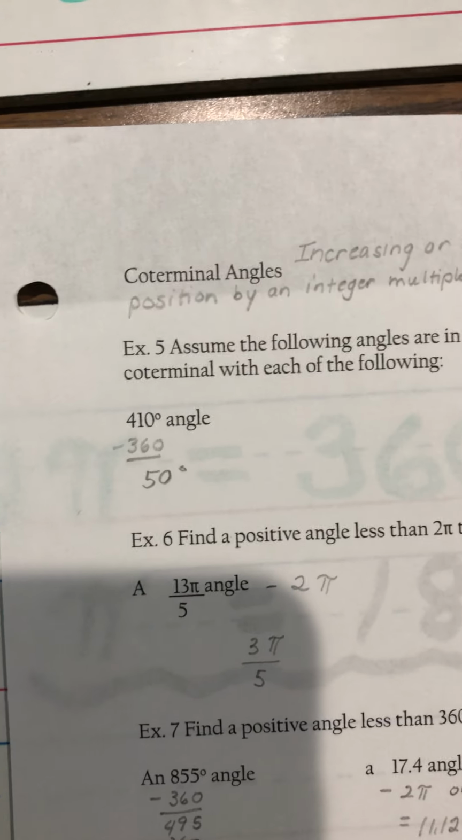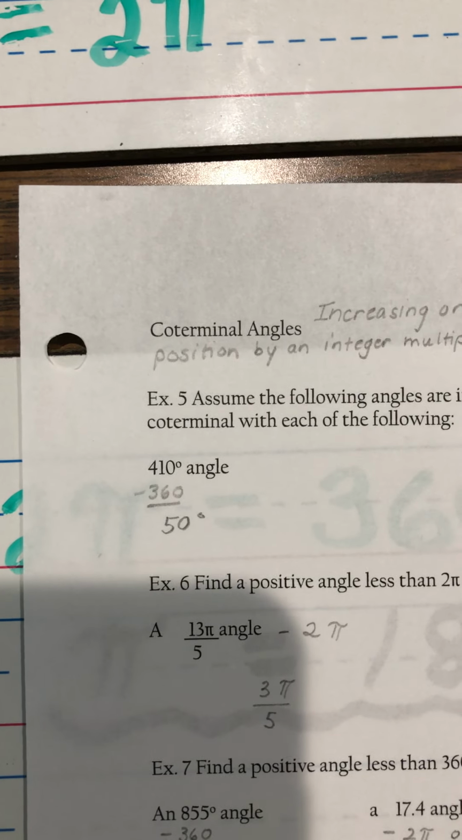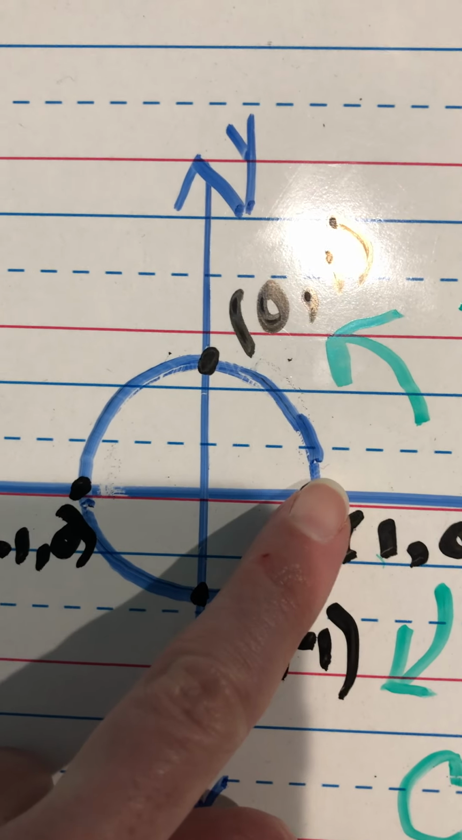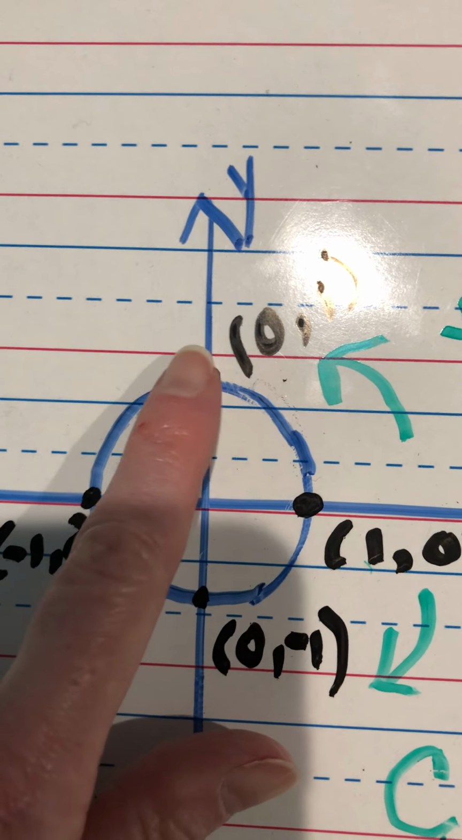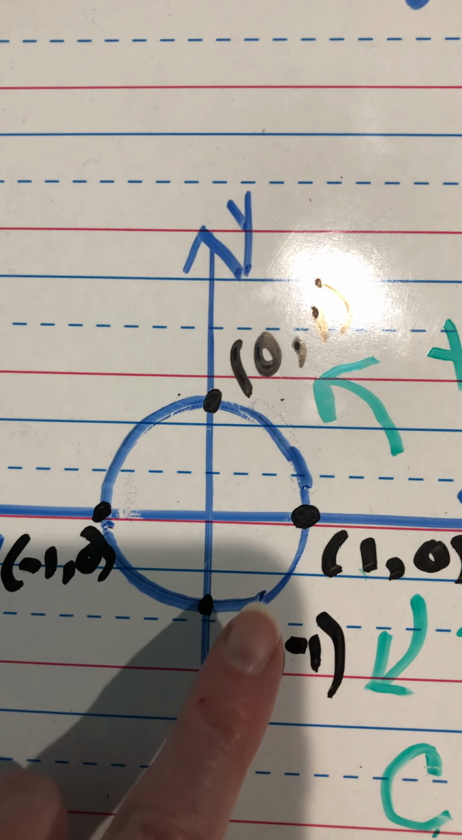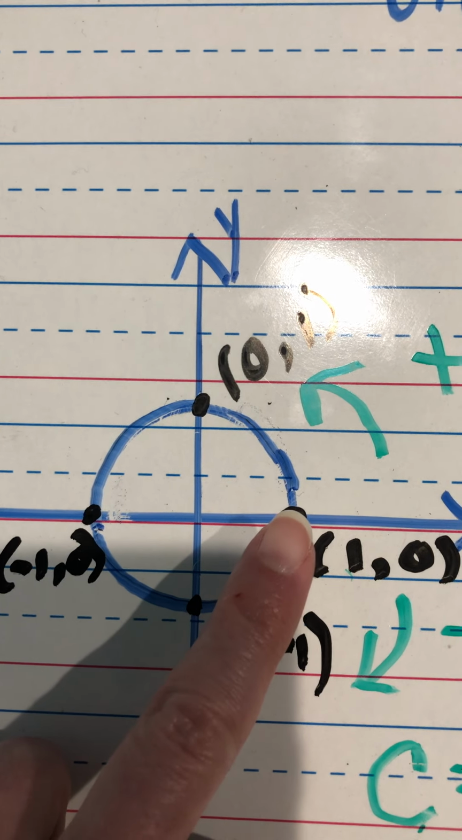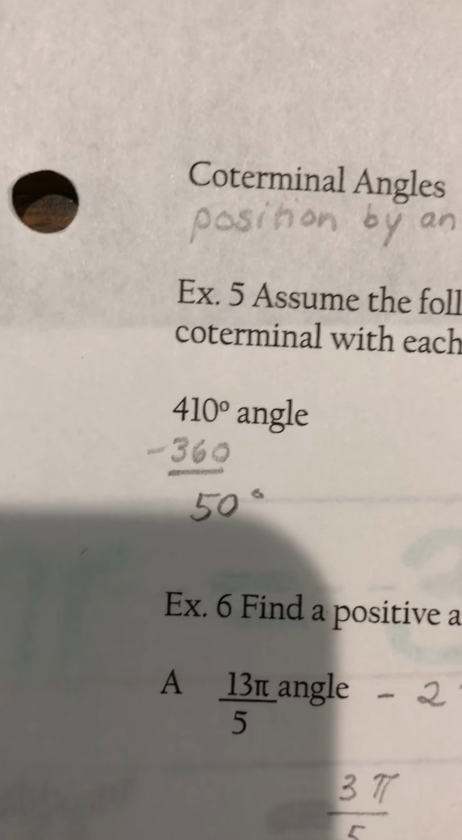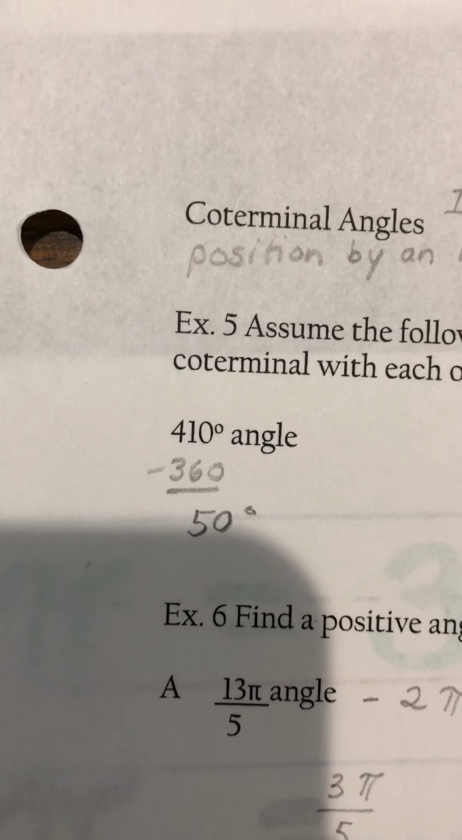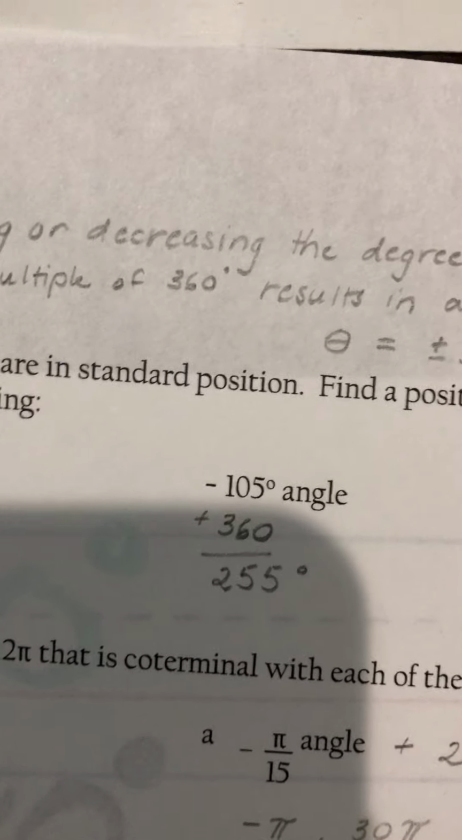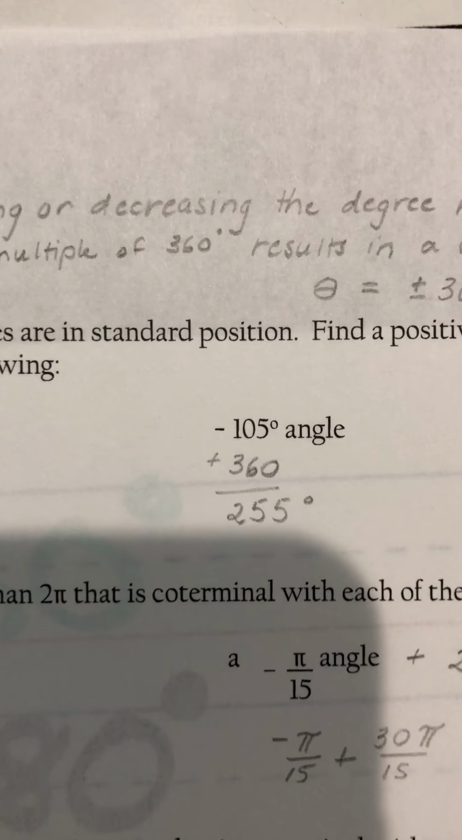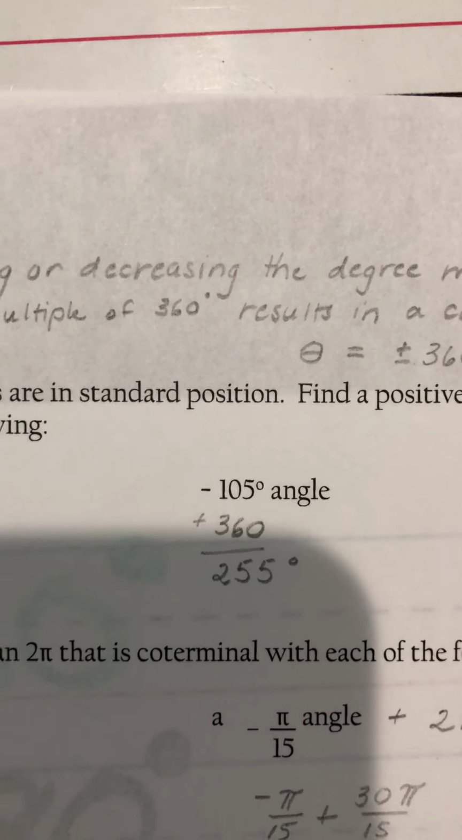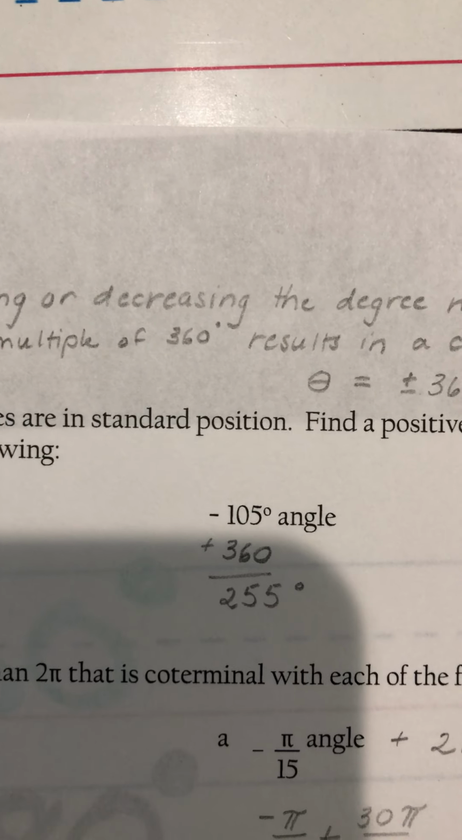Well, if you have a 410 degree angle, let's look at our unit circle again. You're going to start here, 410 degrees. First do one full rotation, that's 360 degrees, then figure out what's left. So that's why I'm subtracting 360 from 410 to get 50 degrees. If you're starting with a negative degree, because it's a clockwise turn, just add 360 and you will get the